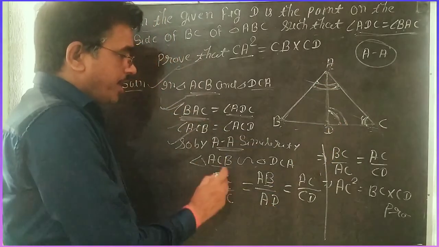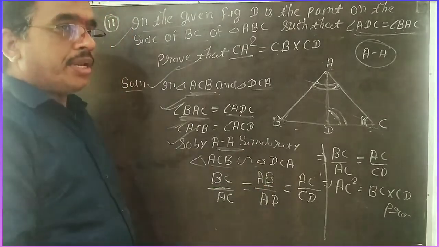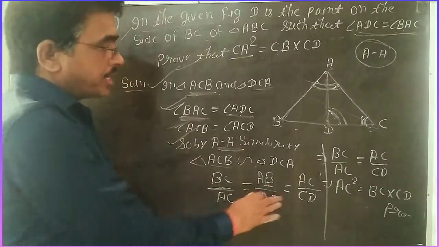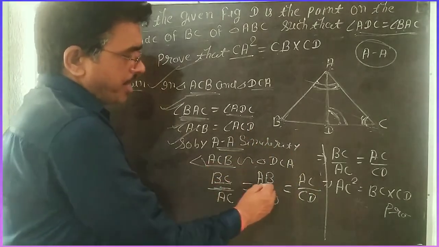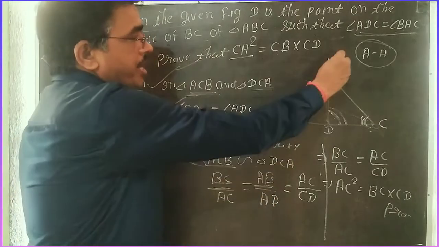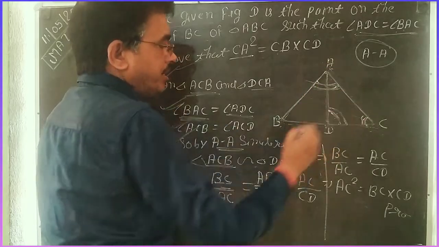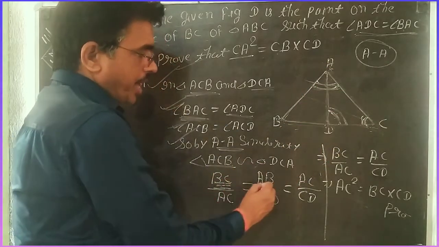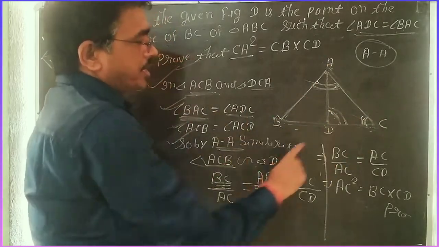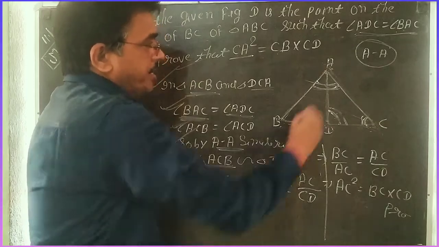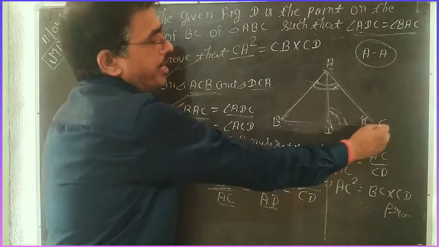Dear student, two angles are given, so two sides in proportion you can take. A triangle has only three sides, so the remaining sides you can write here. In triangle ABC, you write BC, you write AB, then what remains? AC. Similarly, in the small triangle, you write AC, you write AD with the help of the angles, then what remains here? CD.